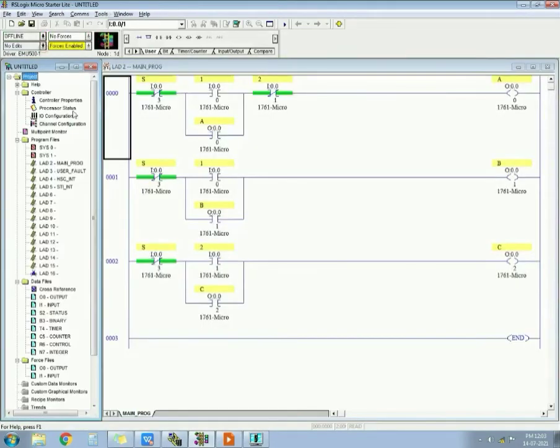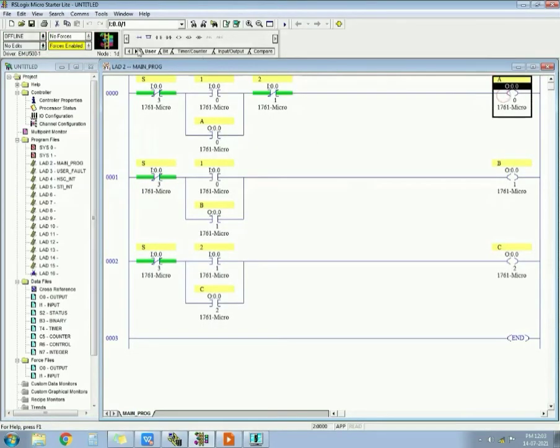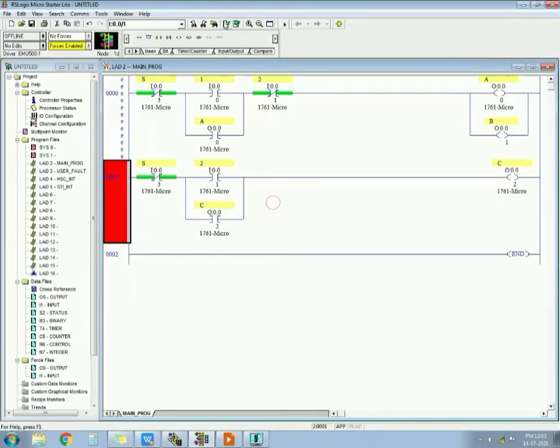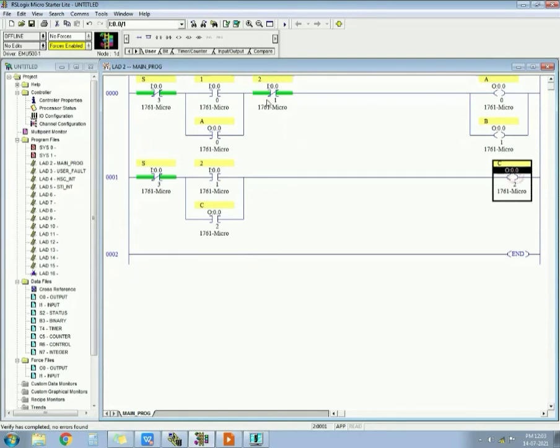So like we were doing previously, if I want both in the same rung, so I don't want to separate A and B, then what will be the solution? If I want to do it like this, then what will be the solution? I told you there is a problem. When I force on this, C will get on and this input will break the circuit for A and B both. So what I will do, I will just latch it with B, not with A.